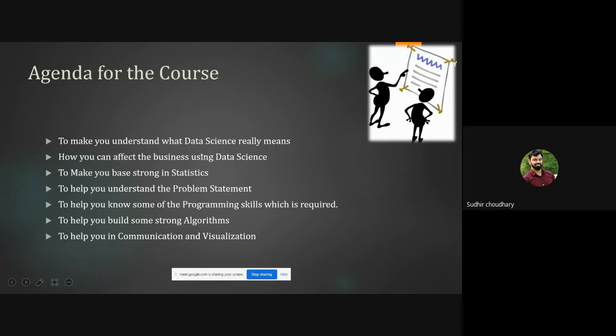So before doing that, we need to understand what is the role of business, right? And what is the use of data science in affecting your business? How your data science can affect your business, whether it can grow it or have any time or money constraints, right? So these are some basic agenda items we will discuss in the course, and after that we would be able to give the insights.